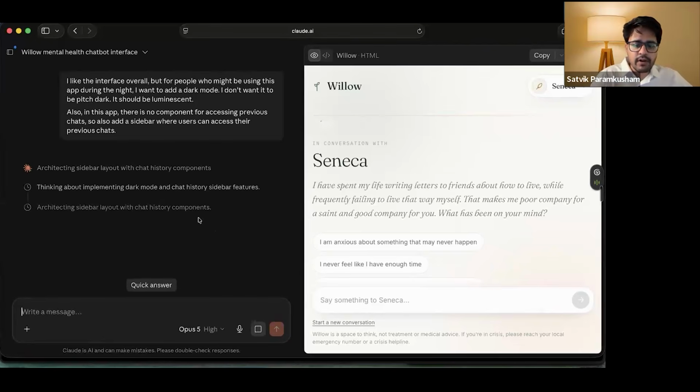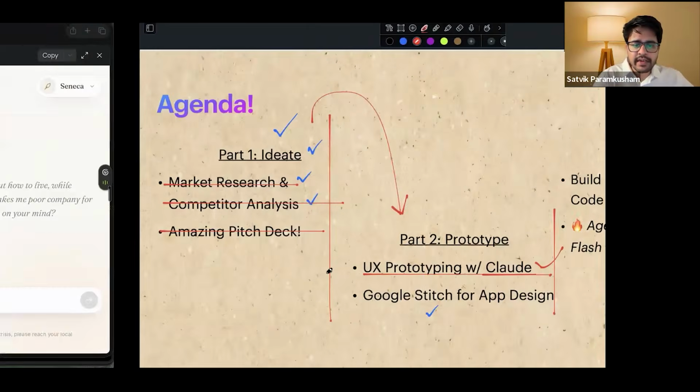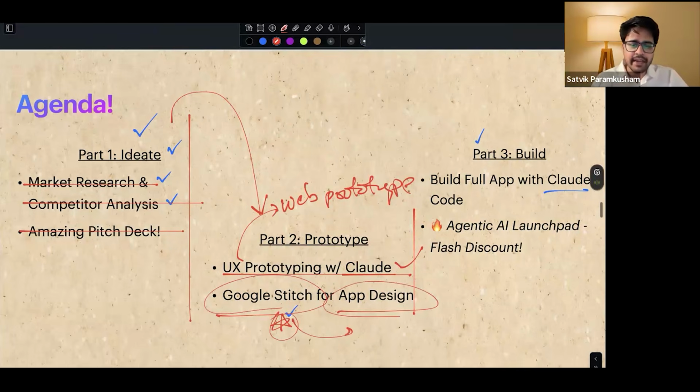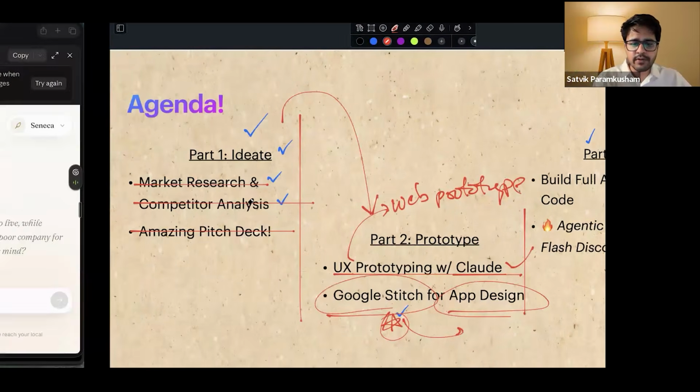At the same time, instead of just creating a web prototype, here with Claude we are creating a web prototype, but Google has an amazing app called Google Stitch that will help you create app layouts. If I want to deploy this application on Android or iOS, how should the look and feel be, right? That we can do with Google Stitch. So what I'm going to do is